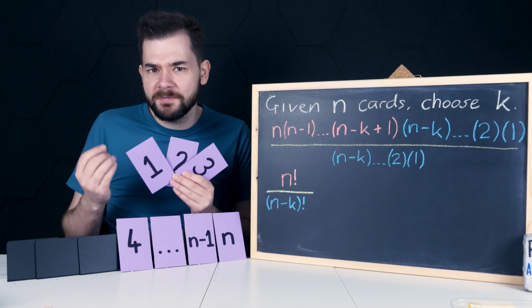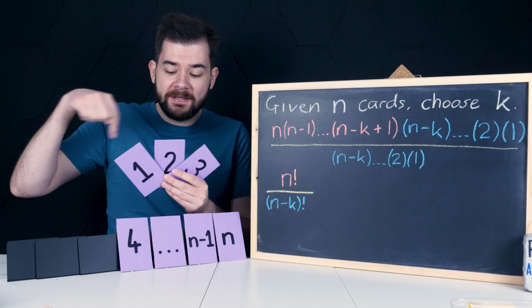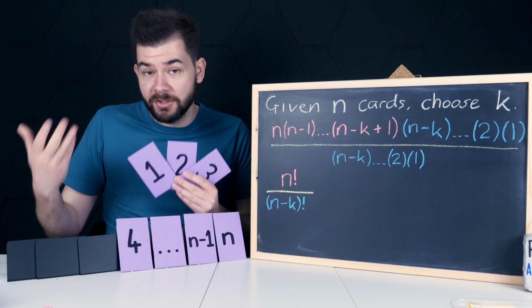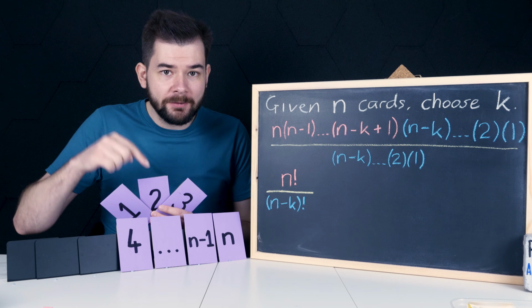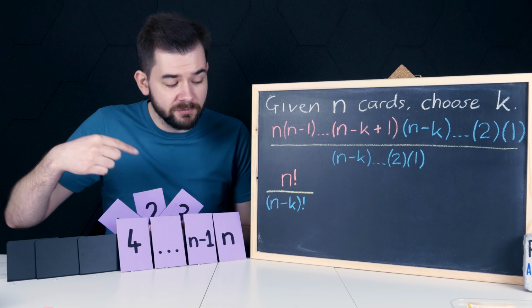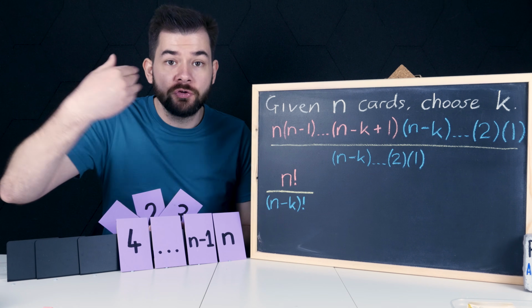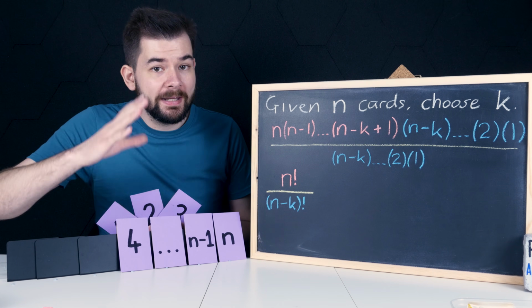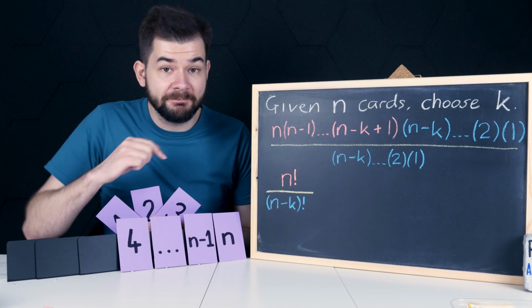How do we compensate for that? Well, every hand can be ordered in 3 factorial ways, or in general in k factorial ways. So every hand will be counted k factorial times. So this number here will be k factorial times too many. So the way we get the answer is to divide this by k factorial, and we get a very familiar